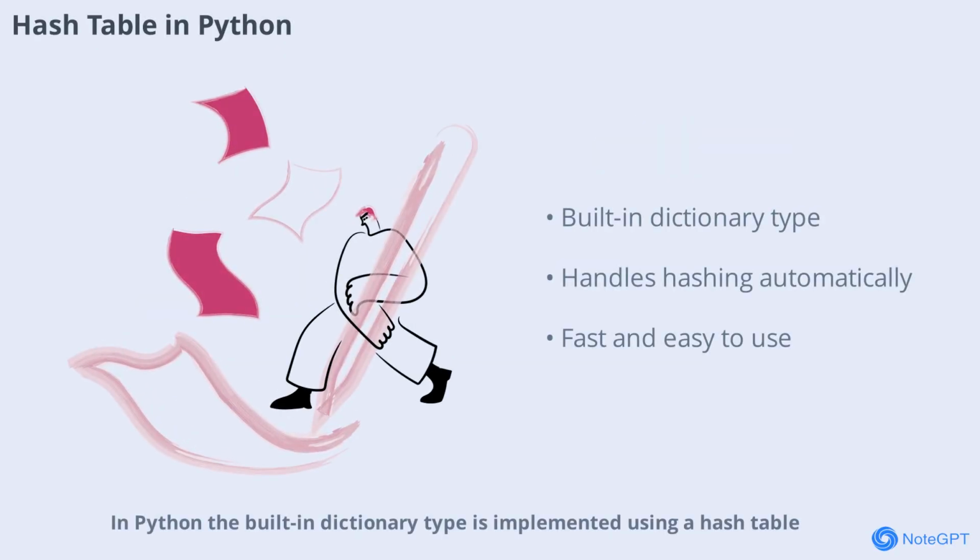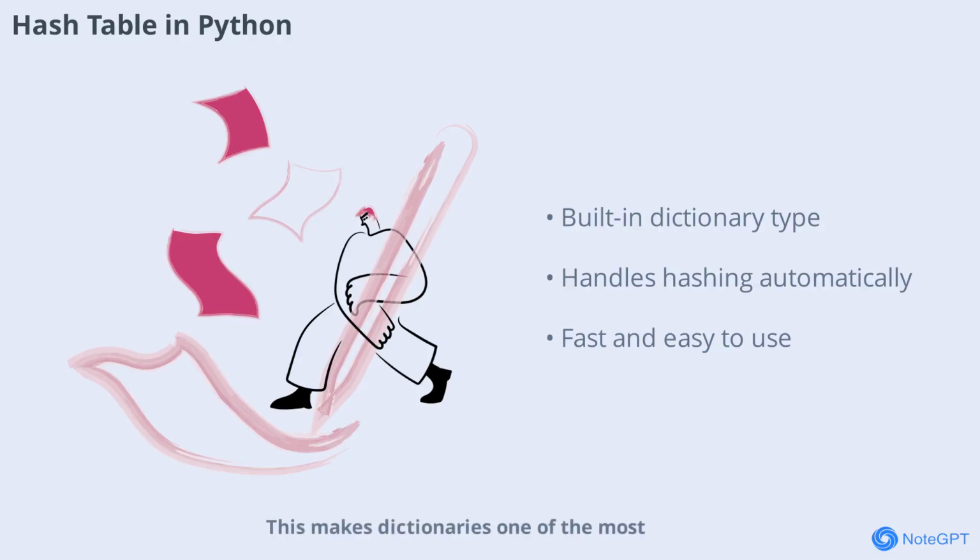working for you. In Python, the built-in dictionary type is implemented using a hash table. This means you can store and retrieve data using keys with incredible speed. Python handles all the details for you, from hashing to collision resolution. This makes dictionaries one of the most powerful and easy-to-use features in the language, perfect for everything from simple scripts